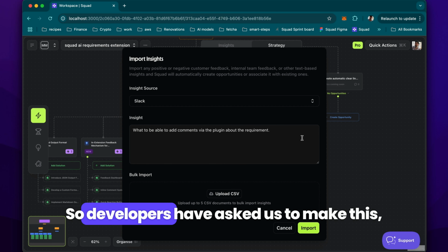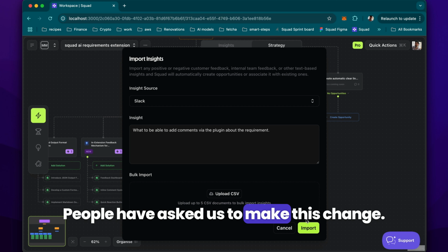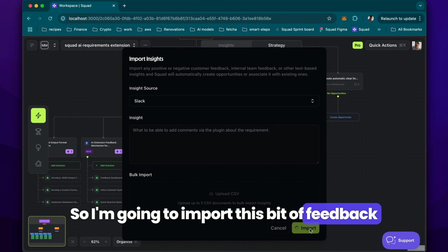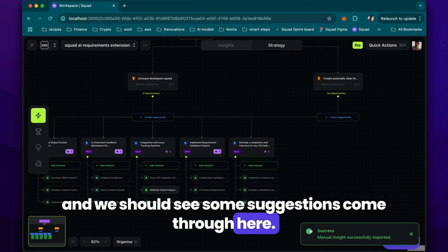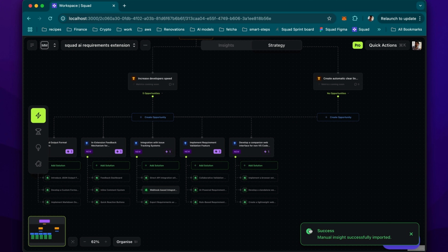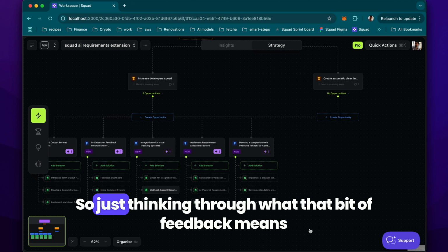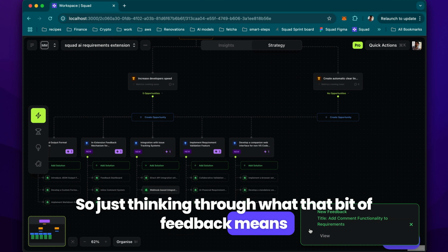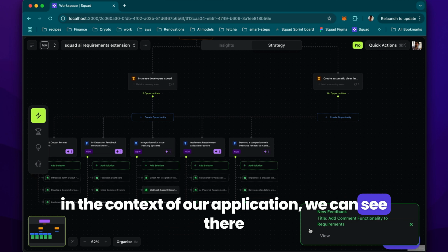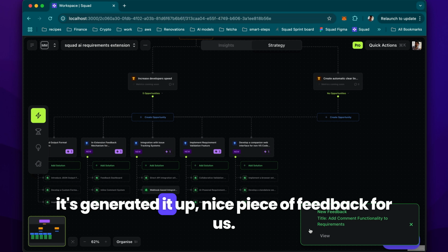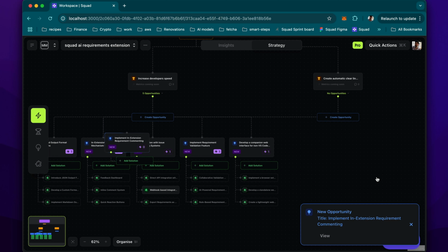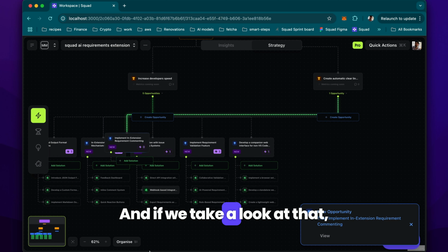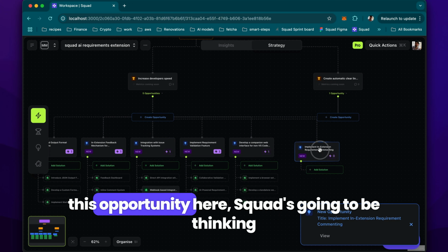Okay, so developers have asked us to make this change, so I'm going to import this bit of feedback, and we should see some suggestions come through here. So it's thinking through what that bit of feedback means in the context of our application. We can see there it's generated a nice piece of feedback for us, and off the back of that, we should get an opportunity. And if we take a look at that, this opportunity here,